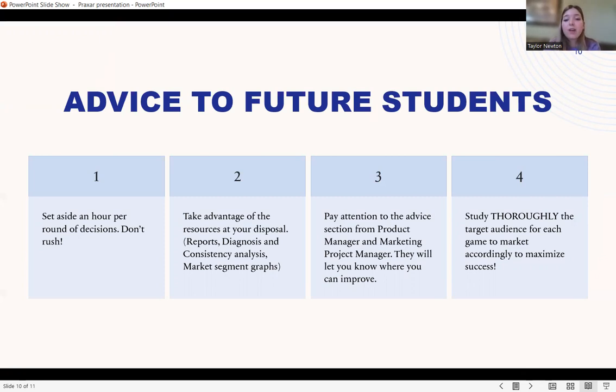Third, pay attention to the advice given from the product manager and also from the marketing project manager. You'll notice that they give you very specific criticism on what you did in the last week and what didn't work and how to improve for the upcoming week. And then lastly, it's really important to thoroughly study the target audience for each game to market accordingly to